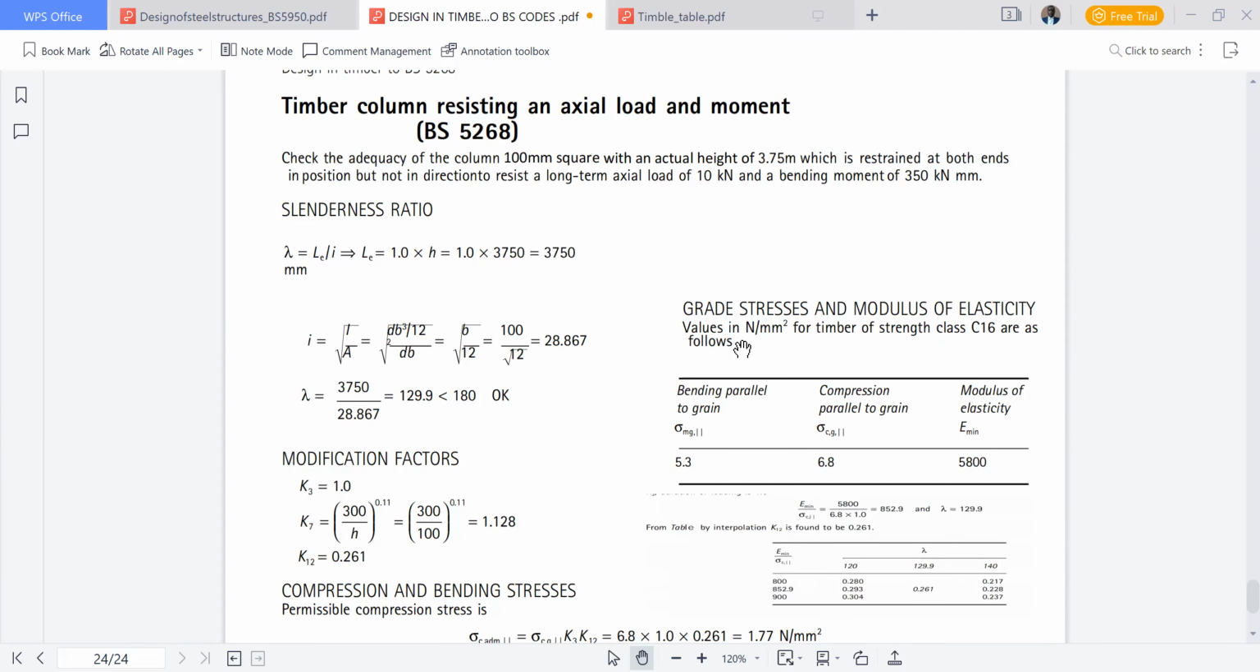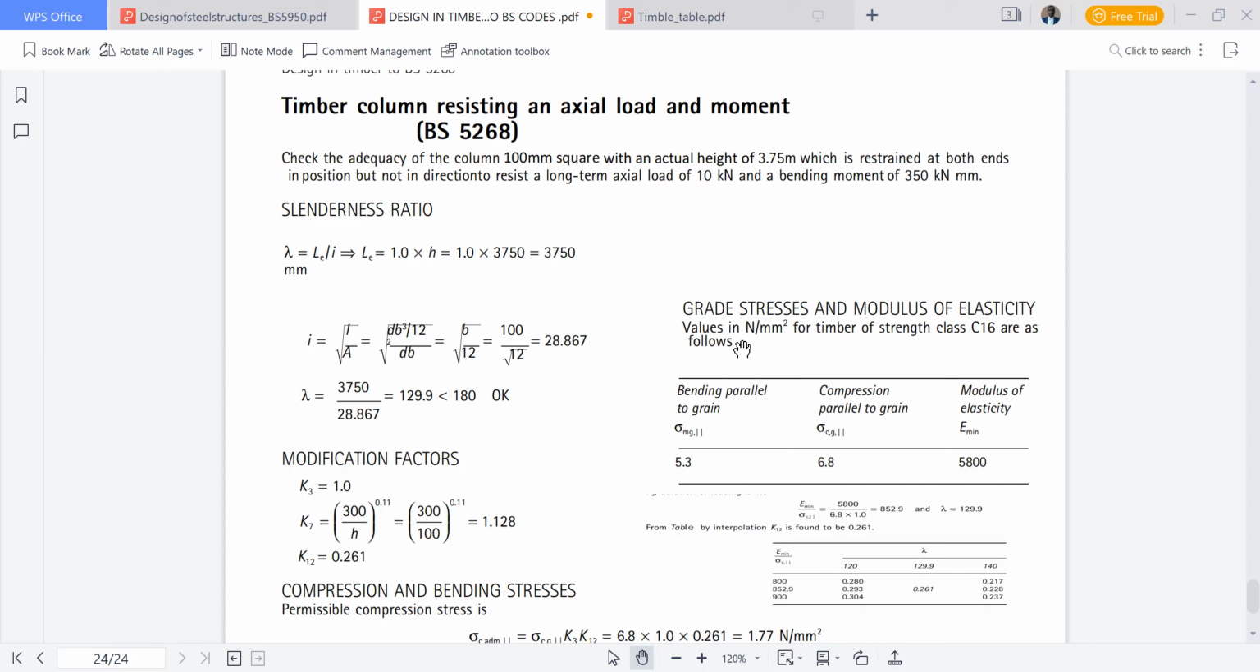Now, the first process, as we said, is to compute the slenderness ratio, which is lambda, given by effective height divided by radius of gyration. But we know that effective height is a function of the end condition. For this case, from the conditions given, it is given by 1 times the actual height, which is 1 times